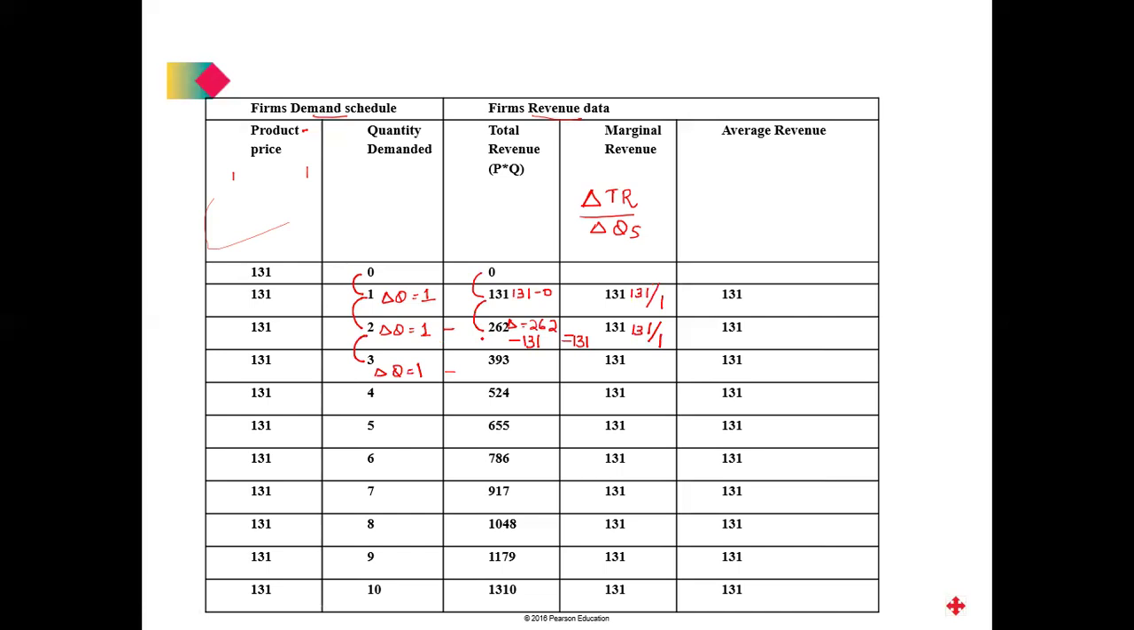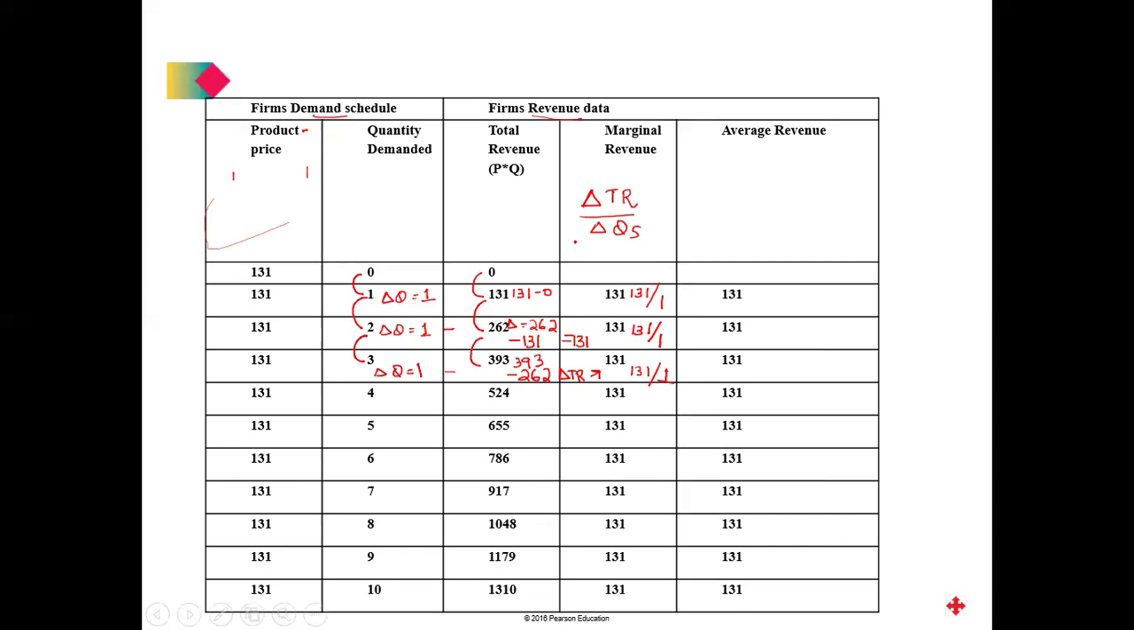And the change in total revenue is 262 to 393. So I will subtract 262 from 393 to get the change in total revenue. In this case, the change in total revenue is also 131. So it is 131, the change in total revenue divided by the change in quantity, which is 1. So when you have done all the calculations, you will notice that the marginal revenue stays the same, which is